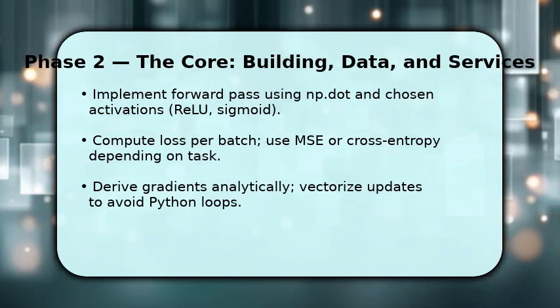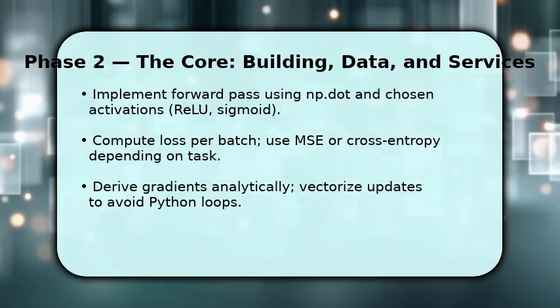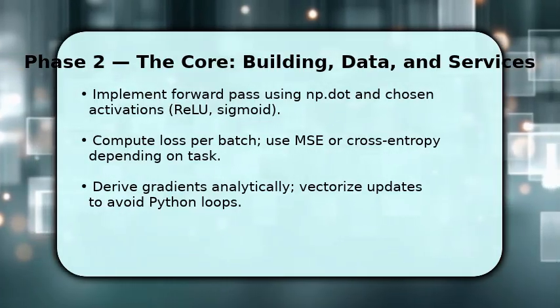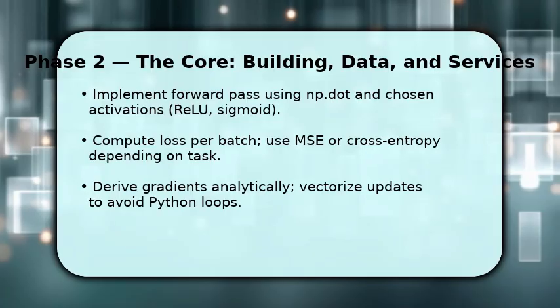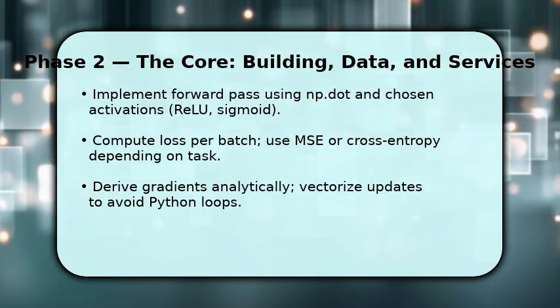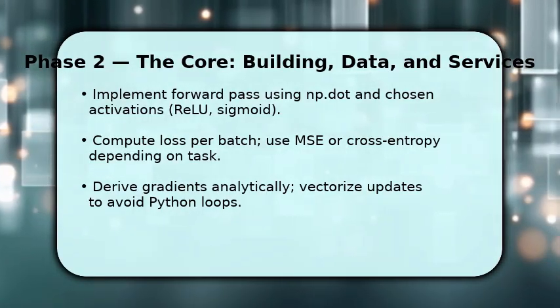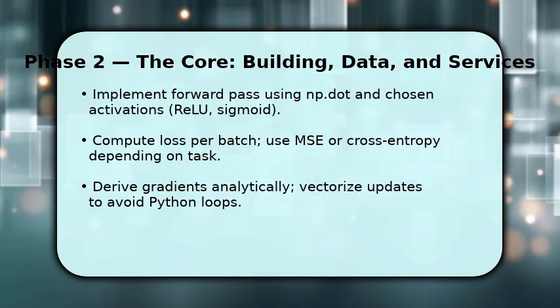You implement the core computation, the forward pass and gradient formulas. Use np.dot for layer multiplies and apply activations like ReLU for hidden layers and softmax for multiclass output. This keeps things fast. Then compute the loss, mean squared error for regression or cross-entropy for classification, so you have